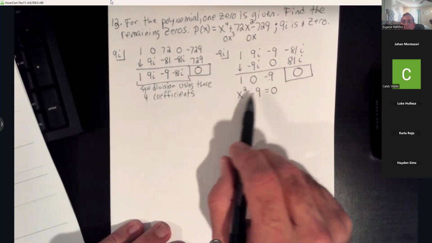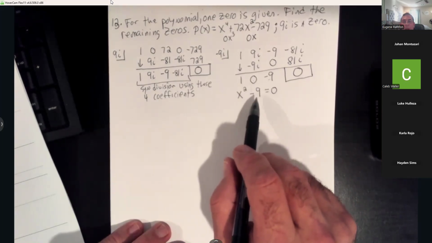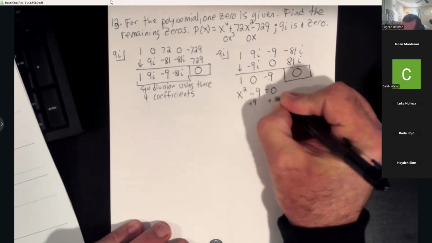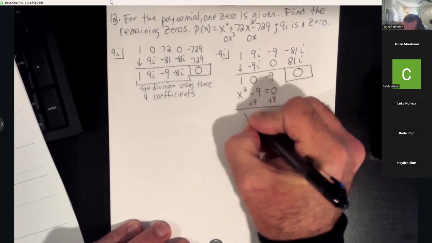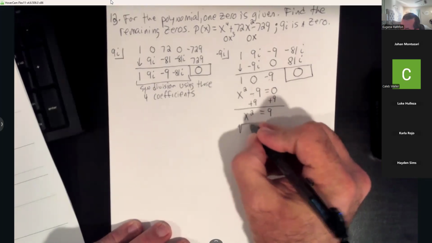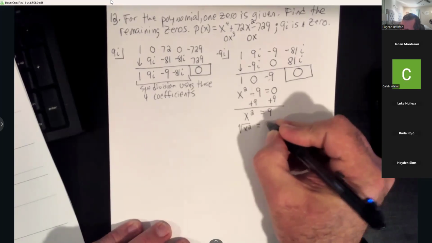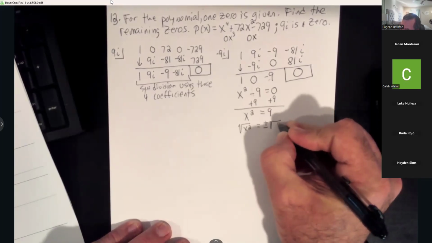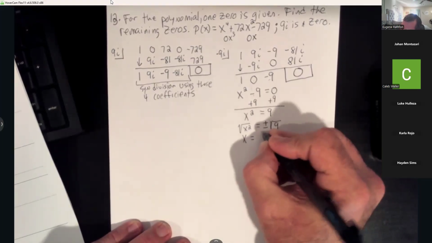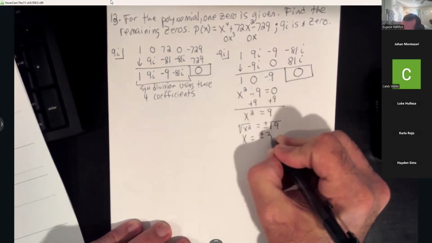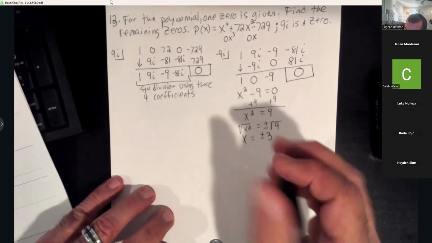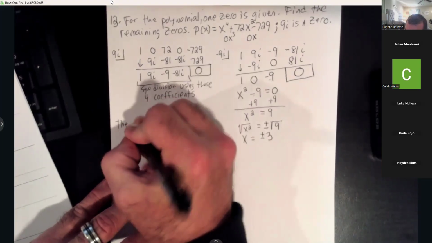Y'all, to solve this one, x squared minus a number, I'm just going to add 9 and do my square roots. So we get x squared equals 9, and then we would square root both sides. So that's going to be plus or minus the square root of 9. And y'all, I get x equals plus or minus 3. So MathLab's going to say on this one, the remaining zeros